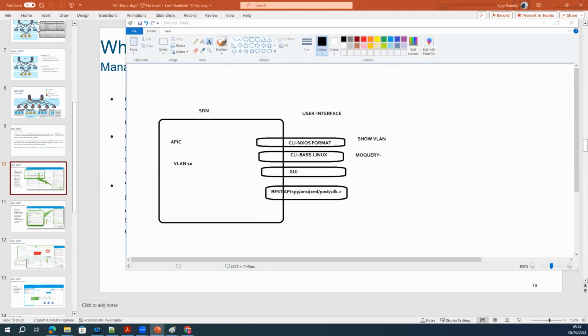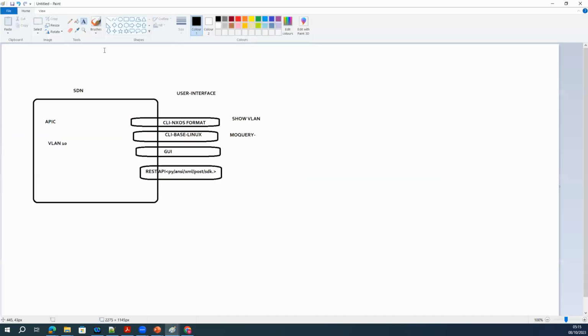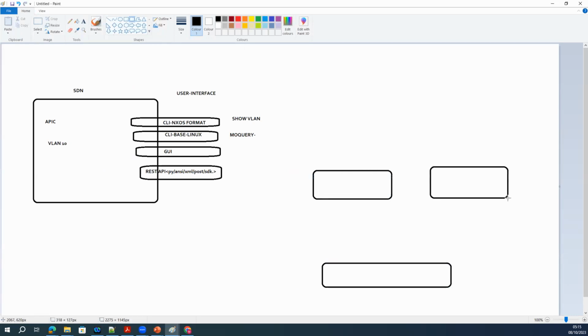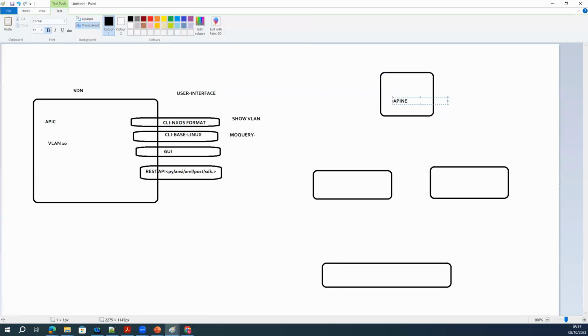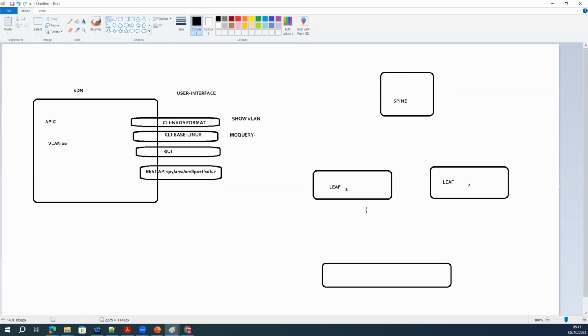Now, when you bring up your cluster for the first time, when you bring your APIC nodes, what do you do first? This is the box you got. You have two spines and two leaves with one APIC; this is the basic setup I have. This is the spine, this is the leaf, leaf one, leaf two. The first thing is you connect these leaf devices with the controllers.